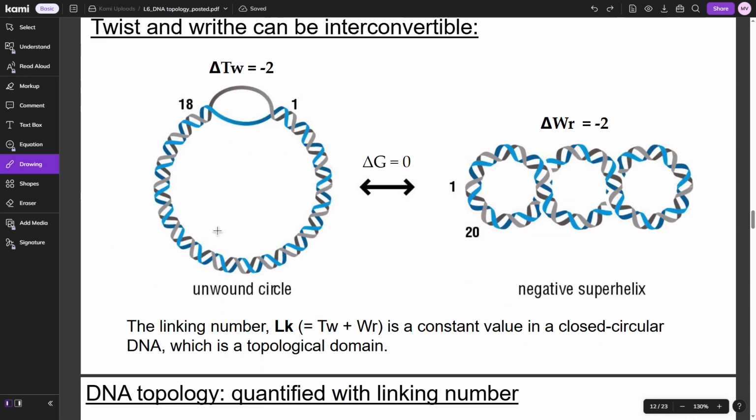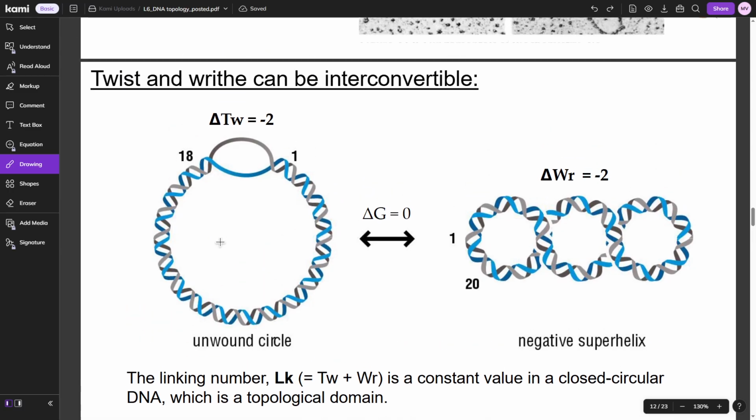So it says that writhe and twist can be interconvertible, and this is true, right? Essentially what you can do here is, I don't really know why they're doing it like this, but